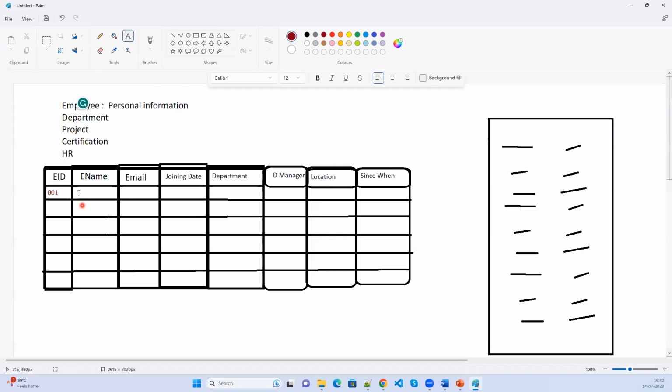Say Ajay. Ajay is the person who is joining the company today. Similarly, 002. Now we have Abdul also joining the company today. Next, we have it like this. We will keep on creating new records. But assume that